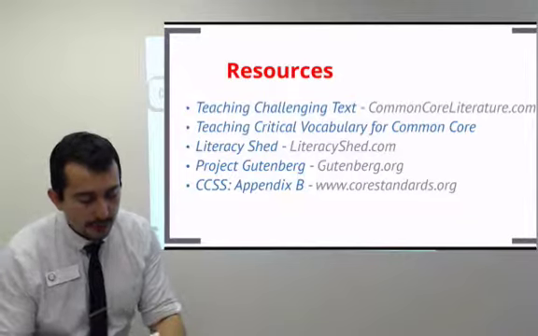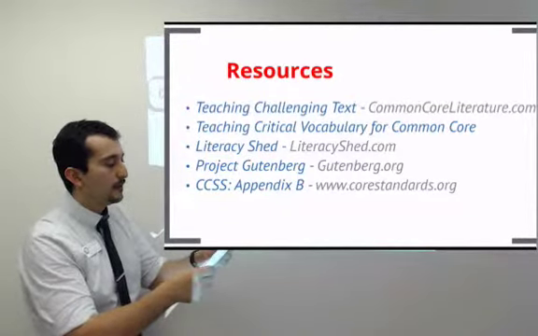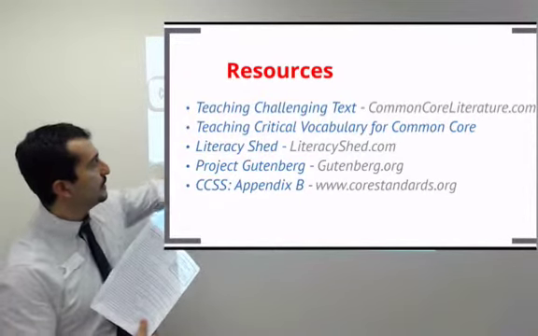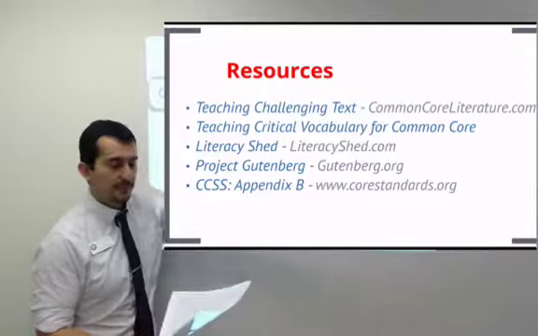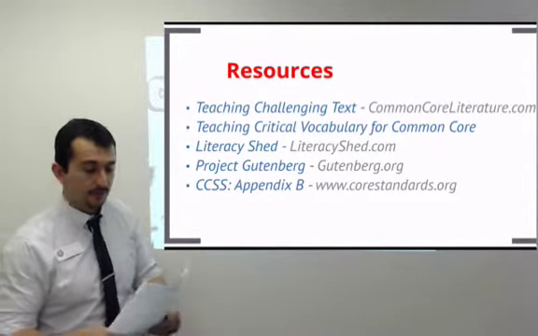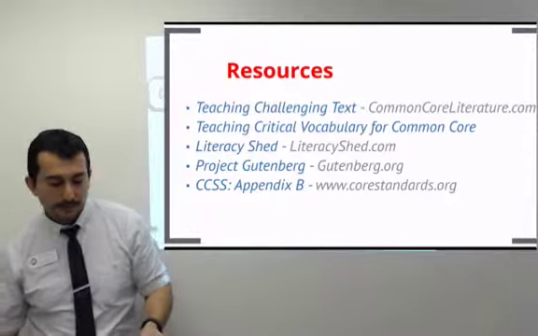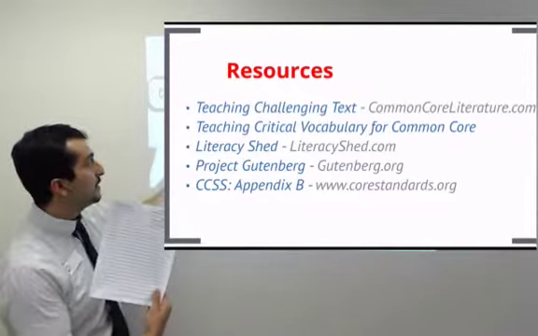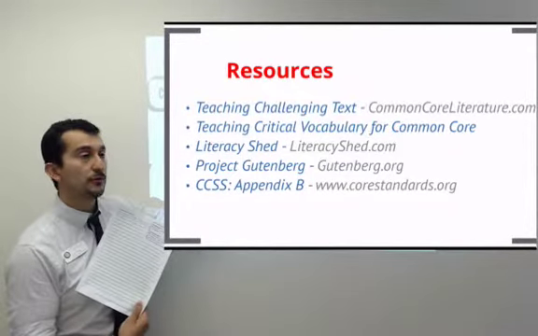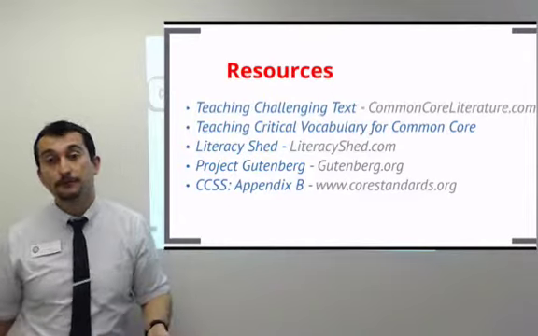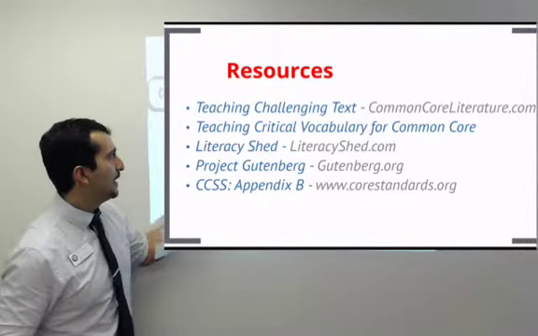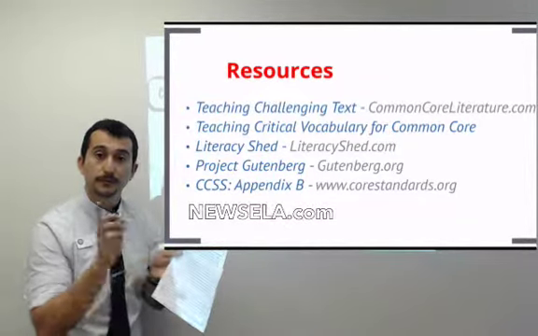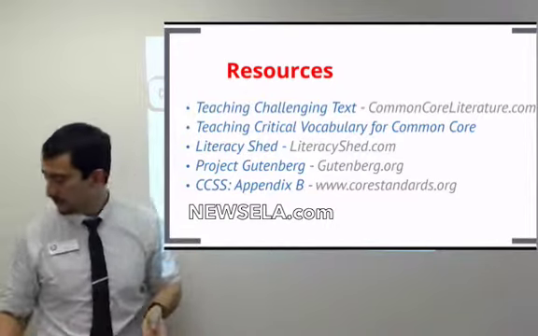The two texts today, Frog and Toad Together, come straight from Appendix B of the state standards. Appendix B is full of grade-level aligned exemplars, so I just pulled it straight from that. And Nathaniel Heidegger, or Dr. Heidegger, from Nathaniel Hawthorne, is from Project Gutenberg. If you haven't seen Project Gutenberg, it's a big database of free literature, classic lit too. And then of course the evidence within nonfiction, once again, is taken from newsela.com, one of my new favorite resources, also free.